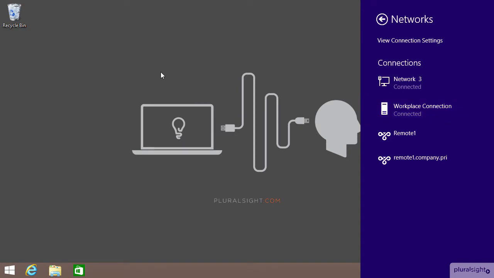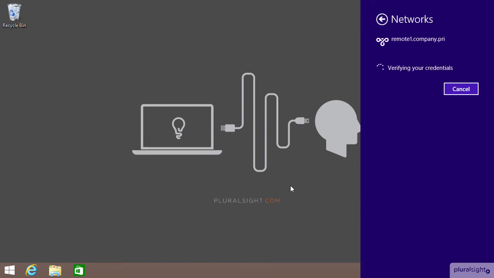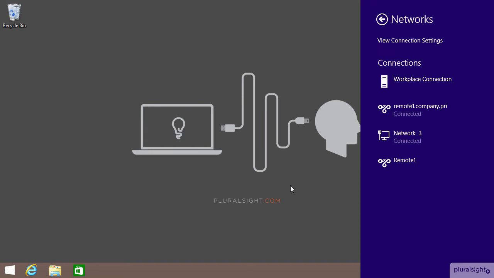This configuration also allows us to connect through a traditional VPN as well, here remote1.company.pri, where if I hit the connect button, you'll notice that our direct access connection eventually drops off, and then we reconnect with that traditional VPN. It's both of these configurations that got us through to the very end of that earlier course. But as I said, we've got to do some rearranging here in order to make this just a bit more